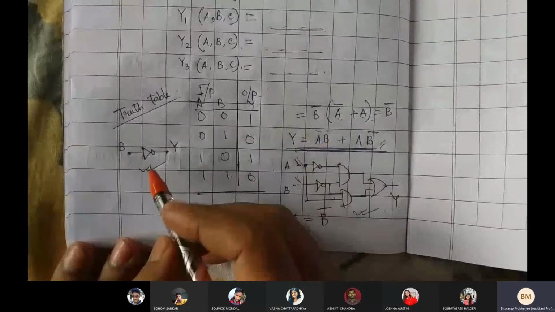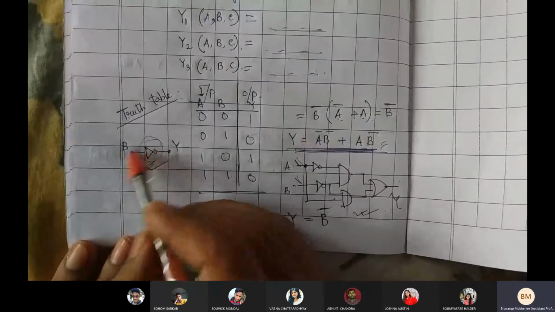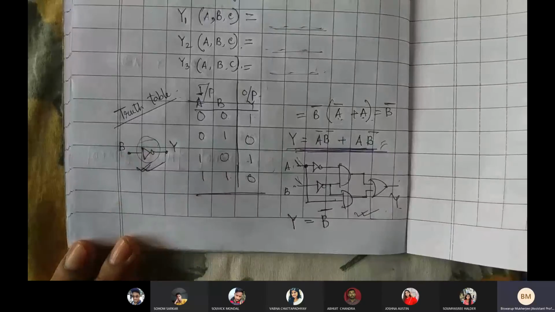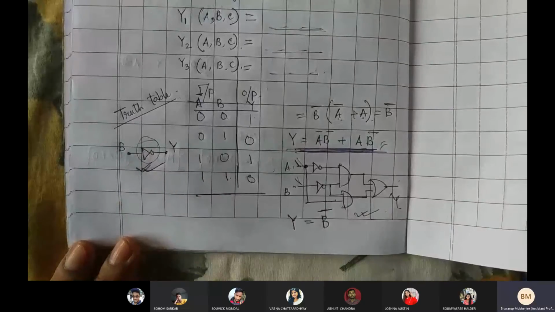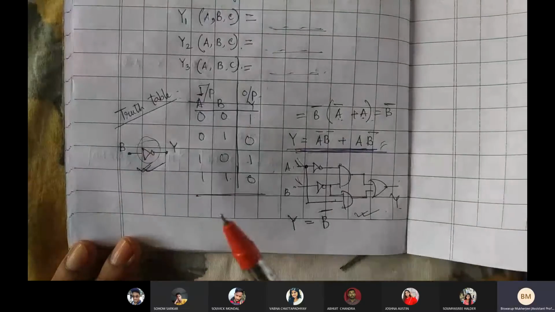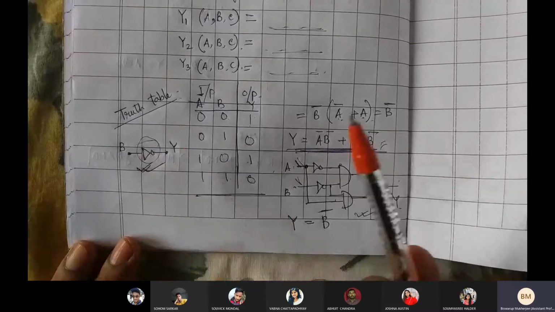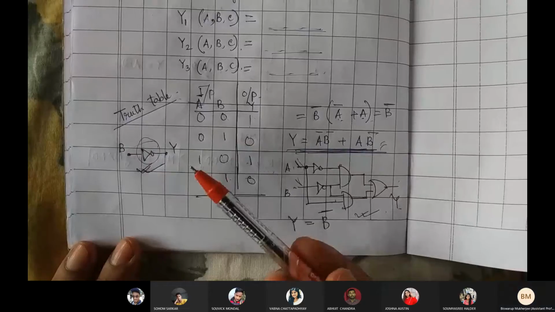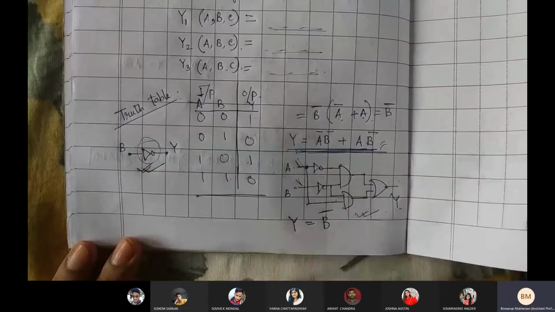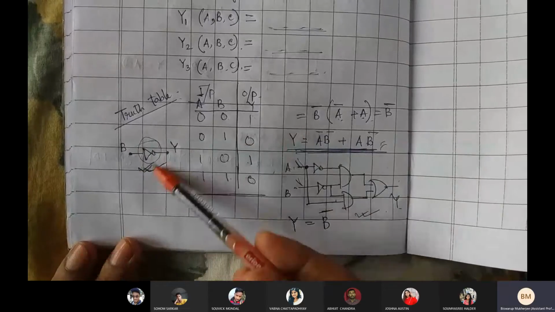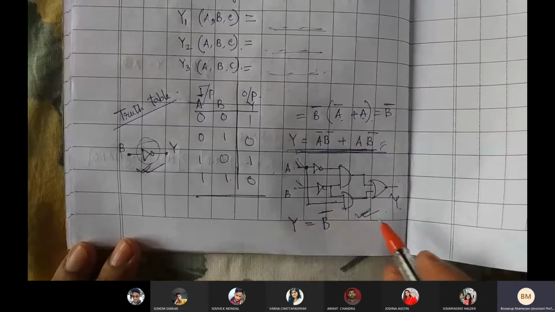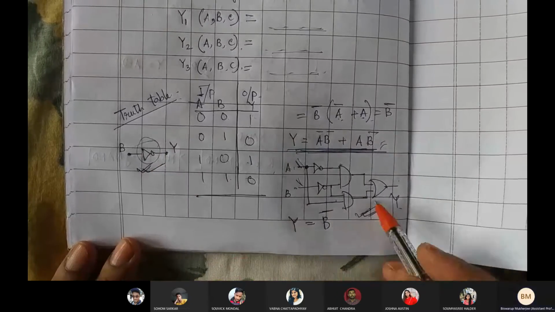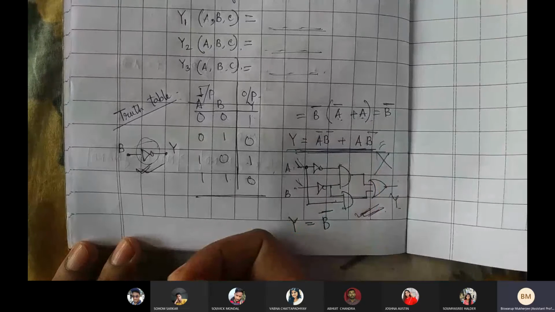Obviously, this one is preferable because it is consuming only one gate. So the cost is pretty much lower. Also, if only one gate is there, you can easily say it will consume lower power, less delay, and area consumption will also be lower. So everything is better compared to this one. So why should I opt for this one? I will simply reject that one, right?